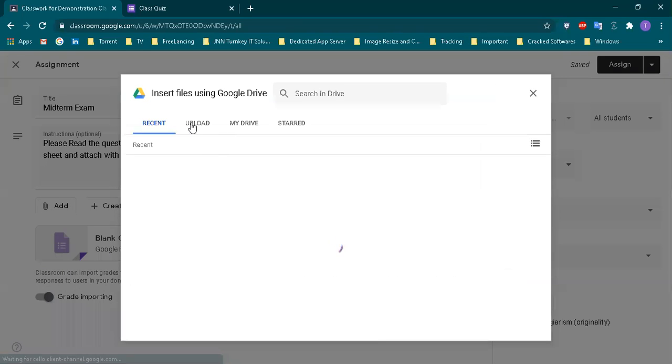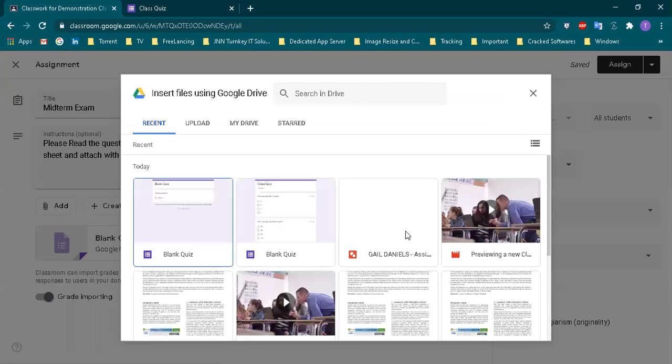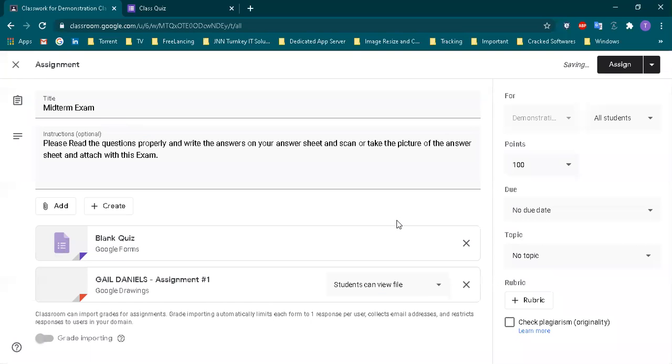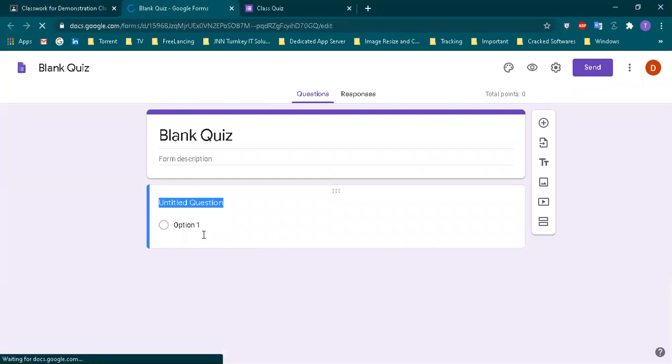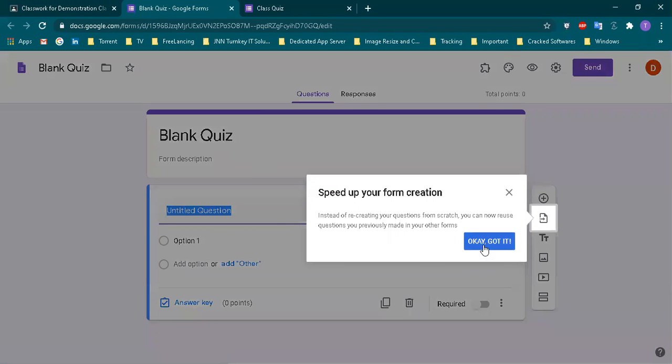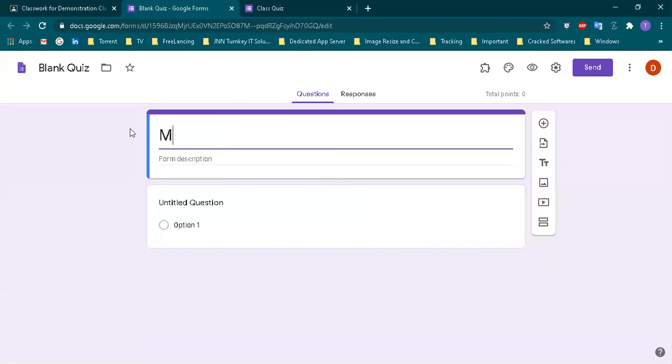So you have a file, right? You have a midterm paper actually. So just an example, you attach the midterm paper so that students can view the paper, download it and read it, and then attempt the paper on their answer sheets at home, and then take a picture of them and upload to this. And we also have a Google form which will be displayed to them. So we say it's a midterm exam,